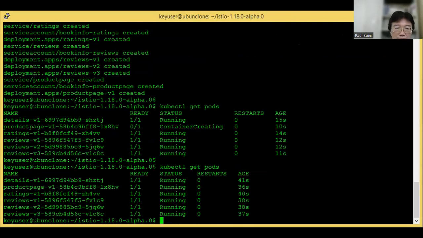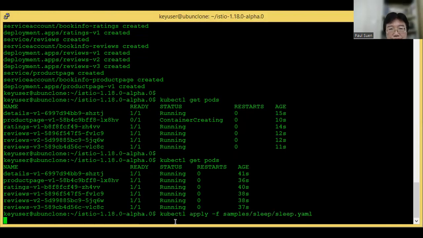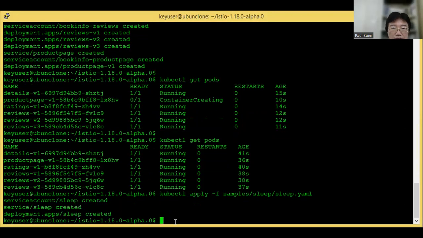And we deployed the sleep container. It will function as a client container to access the Bookinfo app. We also deployed the virtual service for the Istio Ingress Gateway.